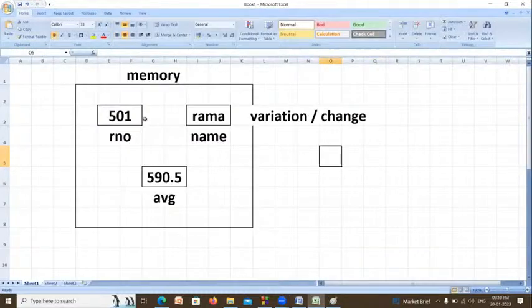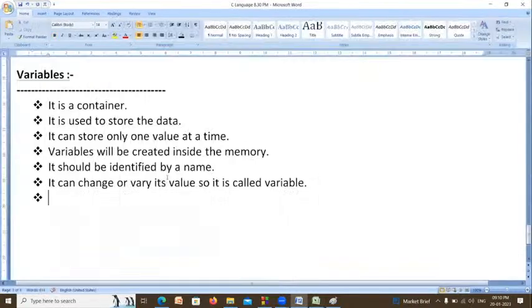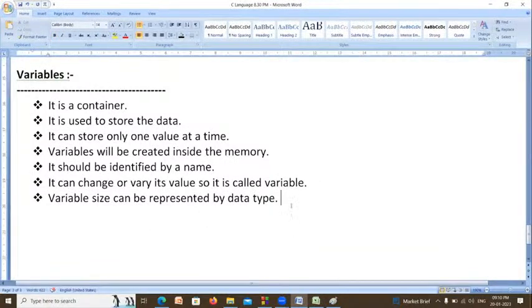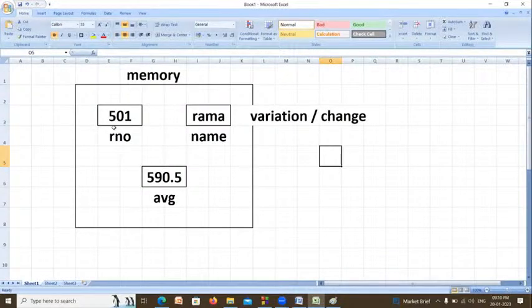Every variable should have a size. Variable size can be represented by data type. Suppose 501 is a number, no? A number can be represented as integer, am I right? What is the name of the variable? Roll number is the name of the variable.